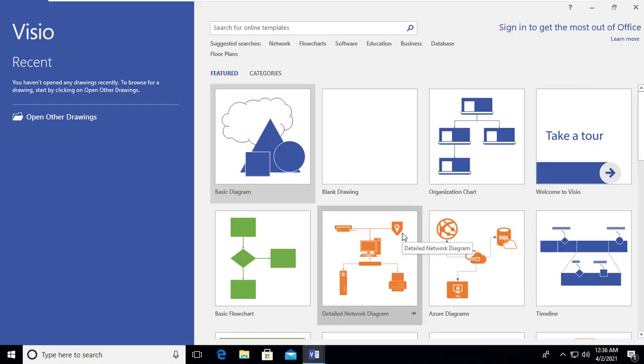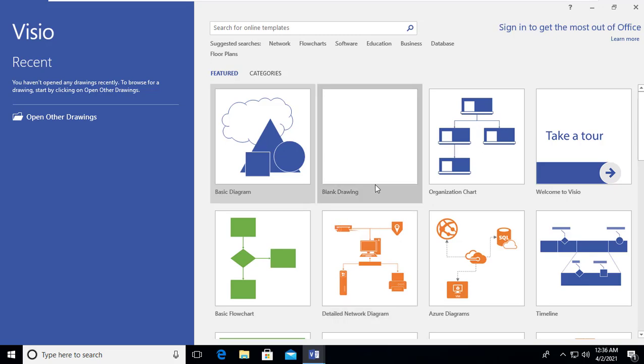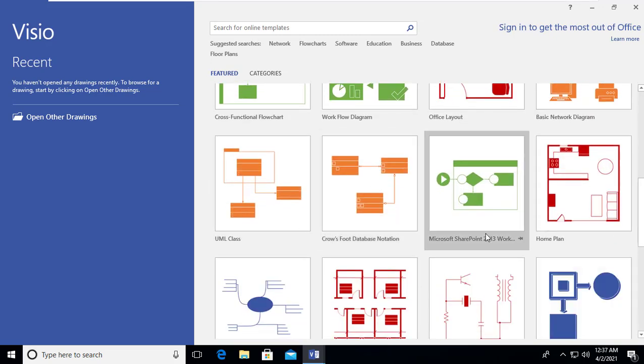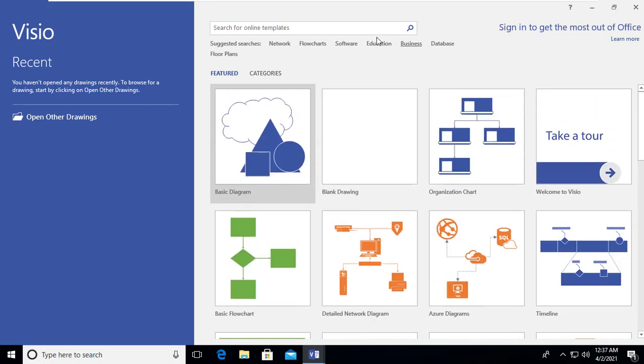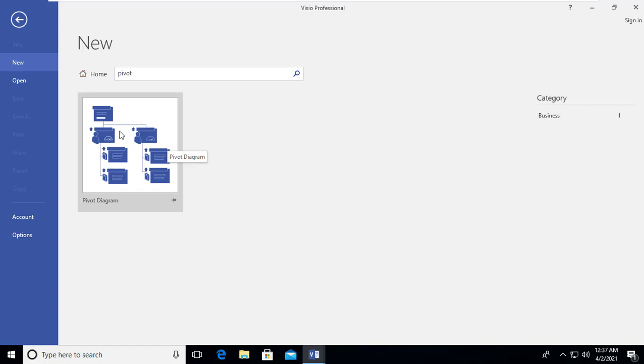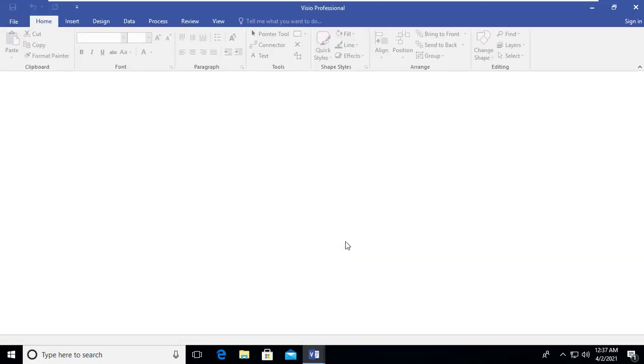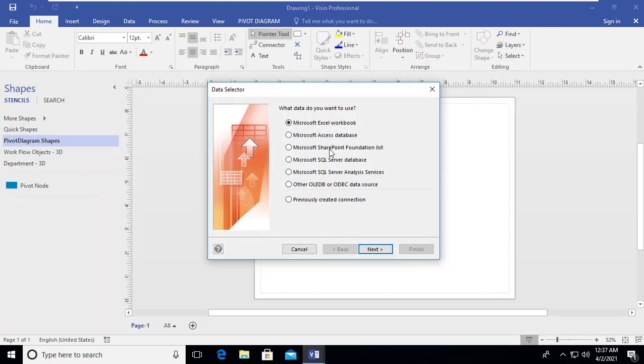I will open Visio, and if it is the first time, I will search for pivot. If I cannot see it here, I can find it under business, or I can even use the search. When I find pivot diagram, I'll choose the wizard to create a pivot diagram based on data. My data is an Excel file